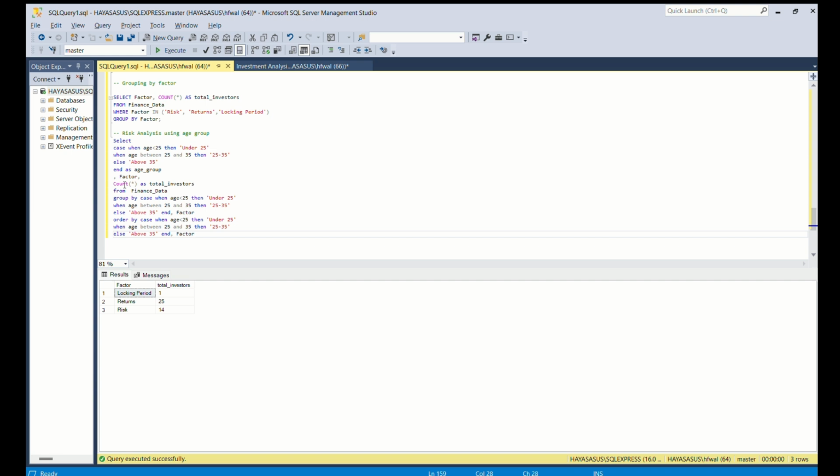Since there is this count, as I told, everything other than the aggregate one will come in the group by. So this entire case expression will come in the group by, but don't include 'as age group' in the group by clause. We are only doing till the end, and then factor, because factor is here. Order by case one, so again we are ordering by the age group. Basically, I want under 25, then 25 to 35, and then so on. So if I check it out,